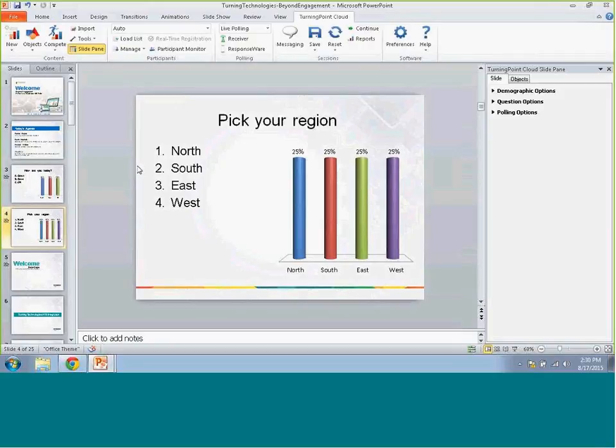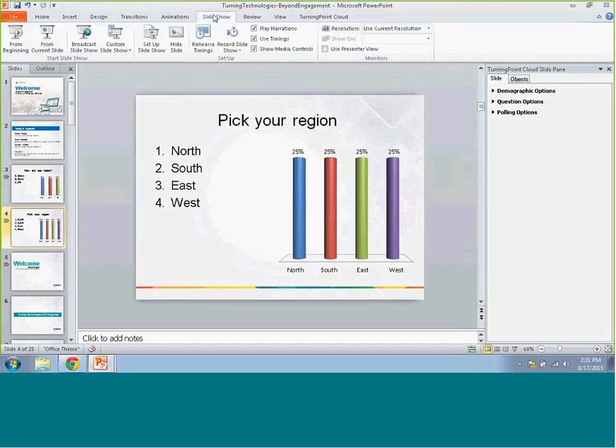Now you can see, it's just part of PowerPoint, right? So I'm not outside of PowerPoint. I'm right in PowerPoint. I'm just building some nice interactive questions that go right with it. So here's how simple it is to go ahead and run the presentation. When you're ready to run the presentation, you still, as you saw before, go to Turning Point, load PowerPoint in, and I'll run this right from the beginning.